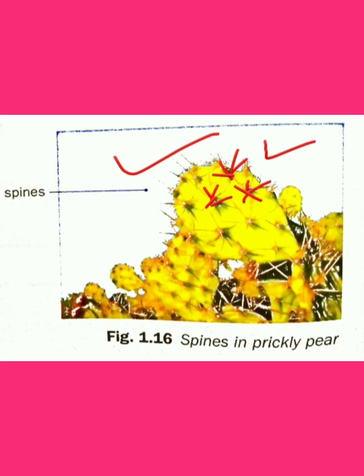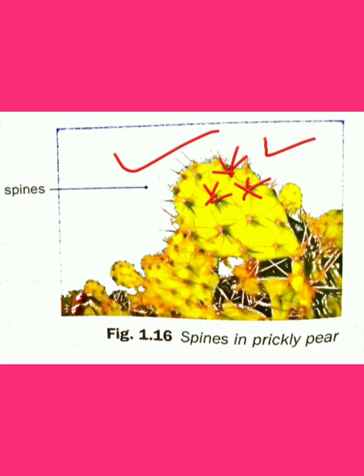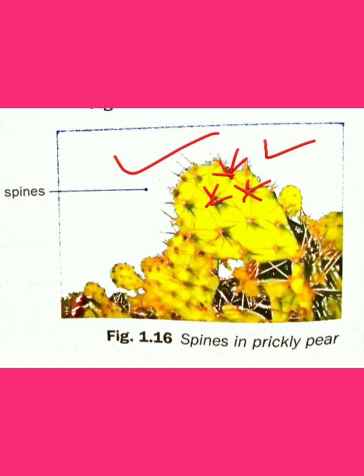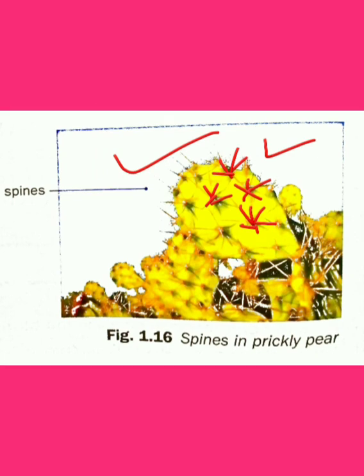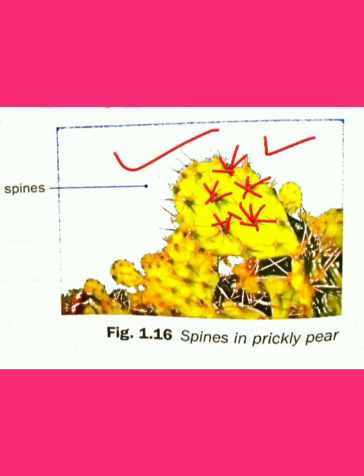As these are desert plants, they also help the plant to prevent loss of water through transpiration. As we know, transpiration takes place from flat leaves. But in deserts we see plants with spines. Why? These are actually modified leaves that are reduced to prickly structures so that they can prevent the loss of